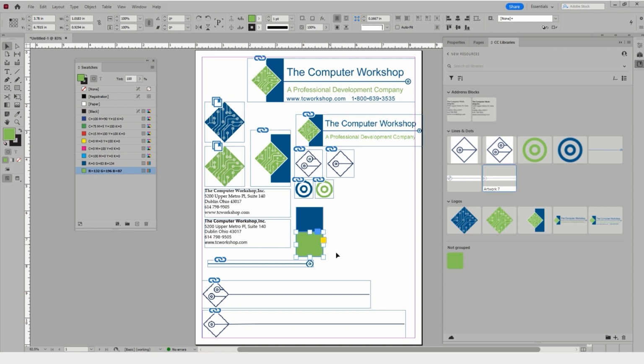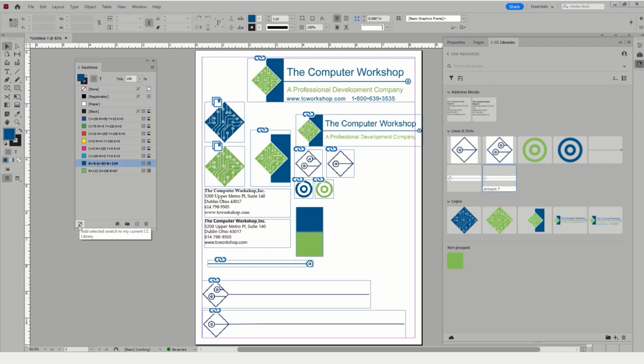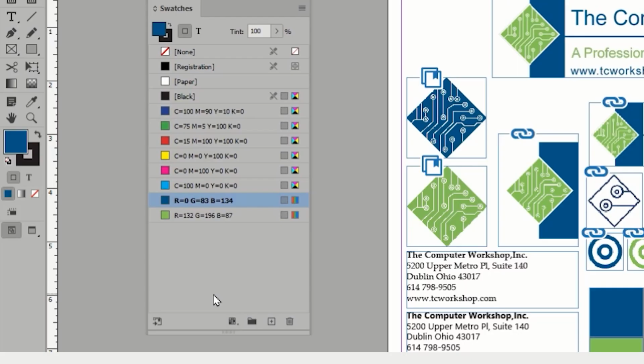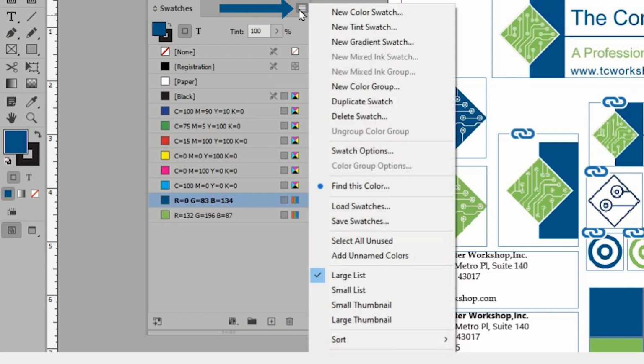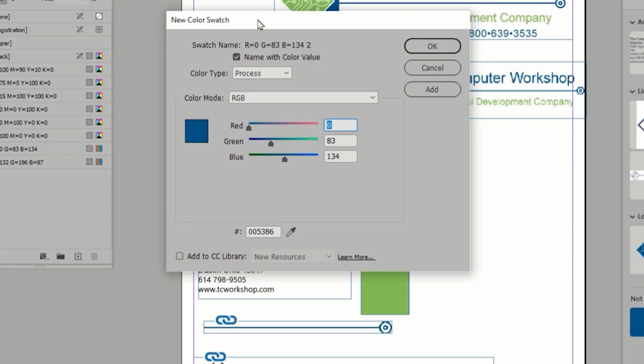Now I want to make sure that I deselect my object before I select my other swatch, and I move this to my CC library also. At this point, there's a couple of things you need to be aware of. If I am in the process of creating a swatch by coming to my swatch panel and using my swatch panel options and choosing new color swatch, when the new color swatch window is open,